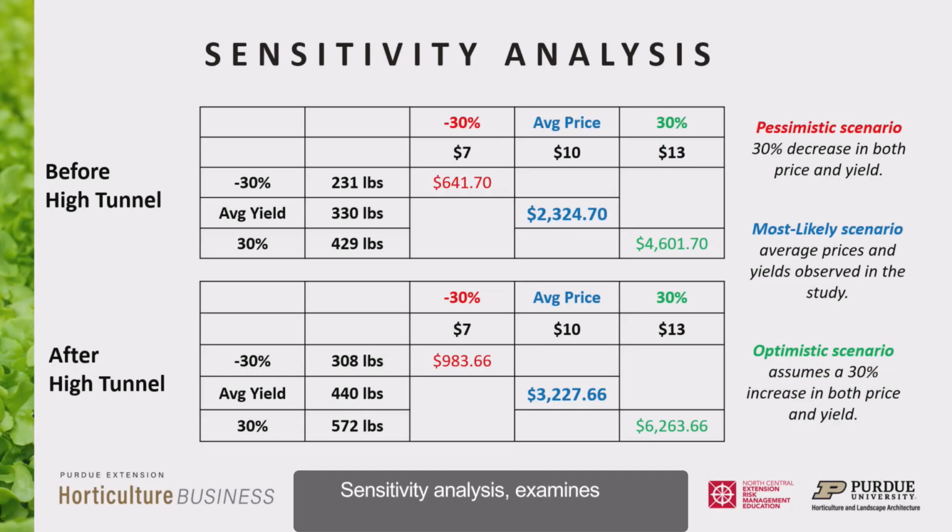Sensitivity analysis examines how changes in key factors like yield and price affect financial outcomes. This slide compares results before and after implementing a high tunnel. We evaluate three scenarios: pessimistic, with a 30% decrease in yield and price, reflecting a worst-case situation; most likely, using average yields and prices from the study as a baseline; and optimistic, with a 30% increase in yield and price,